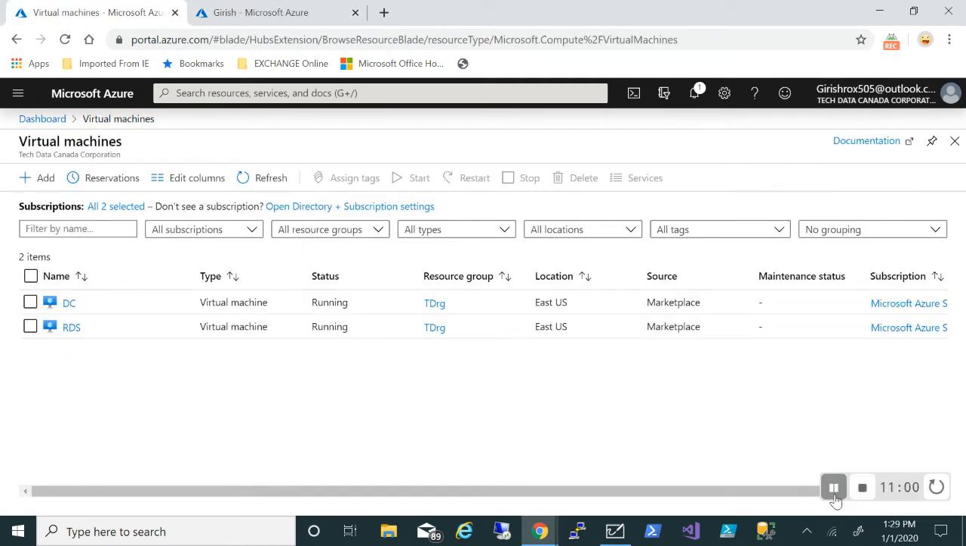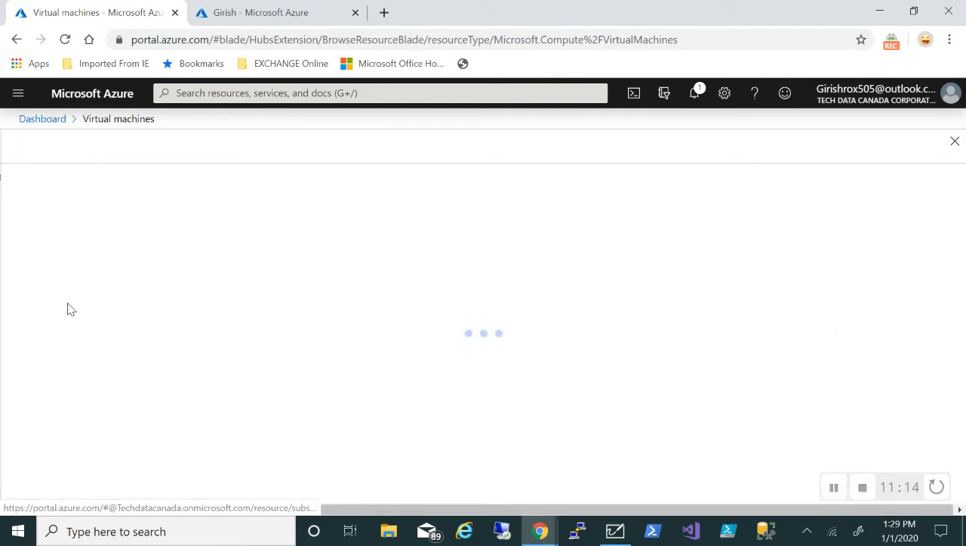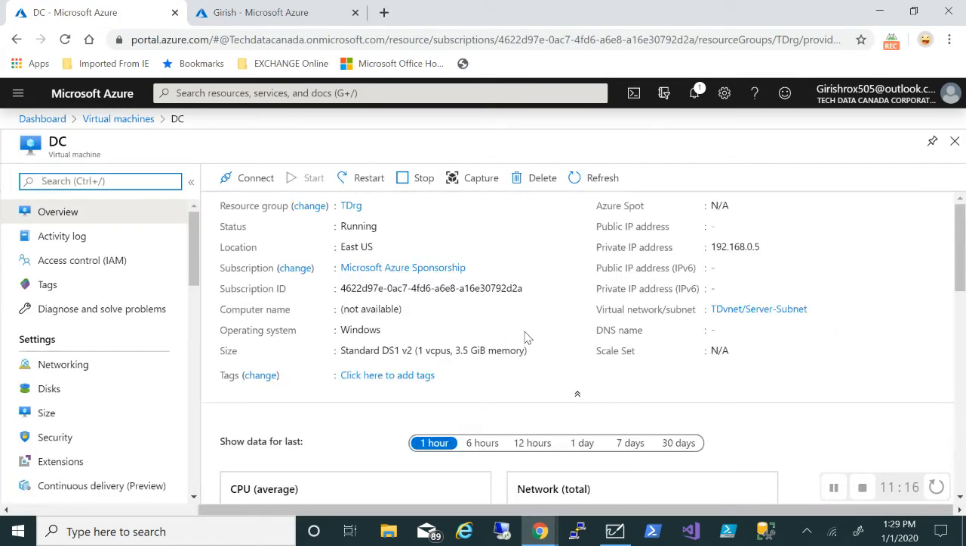Okay, so I'm back after the pause, and as you can see, both the machines are in running state. So let's do it this way, because we will be creating a domain, and there's the Azure Firewall, which is going to come in a moment. So let's do some changes on the networking side. Let me expand and go to the DC. I'm going to go to the networking,